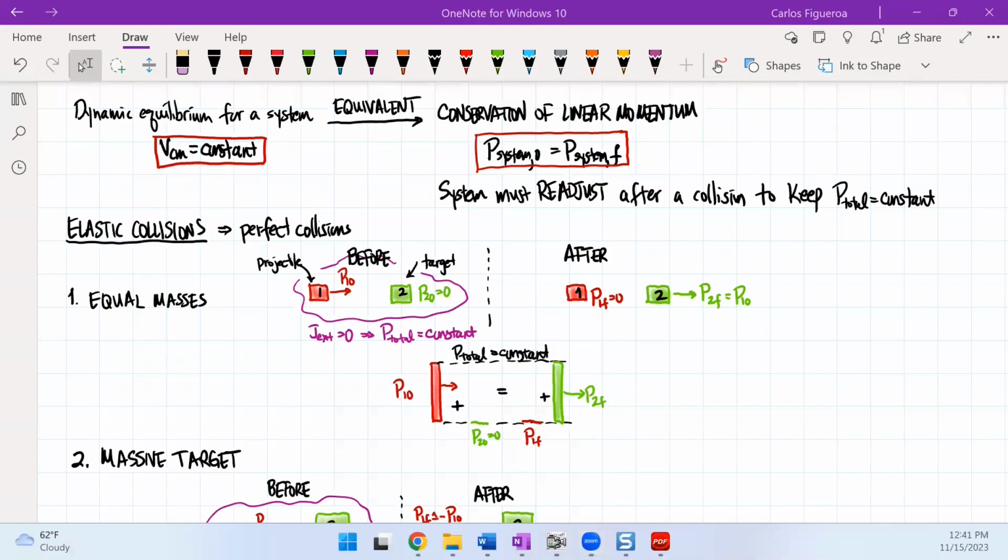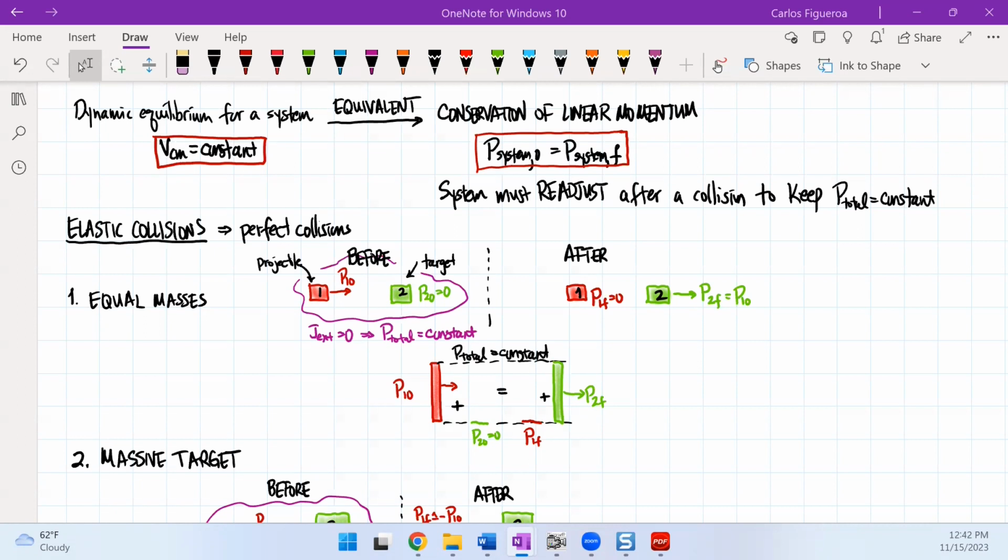So what we're looking at here is a review of what we did last time. We started looking at conservation of momentum. When we look at conservation of momentum, what we found here is that if we had a system